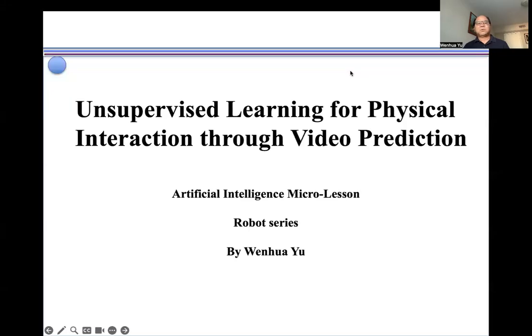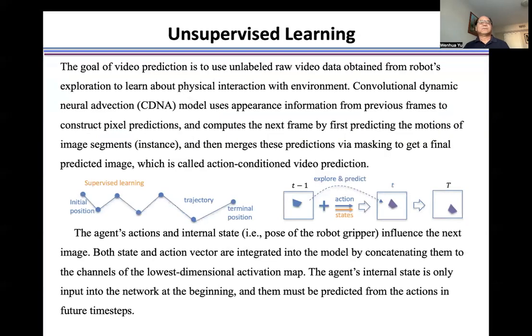Now we introduce unsupervised learning for physical reactions through video prediction. Artificial intelligence means we first understand human intelligence and then put this intelligence on the machine so that the machine can do as a human. So right now we introduce video prediction. This video prediction lets the agent fully understand the environment, and then can, without the